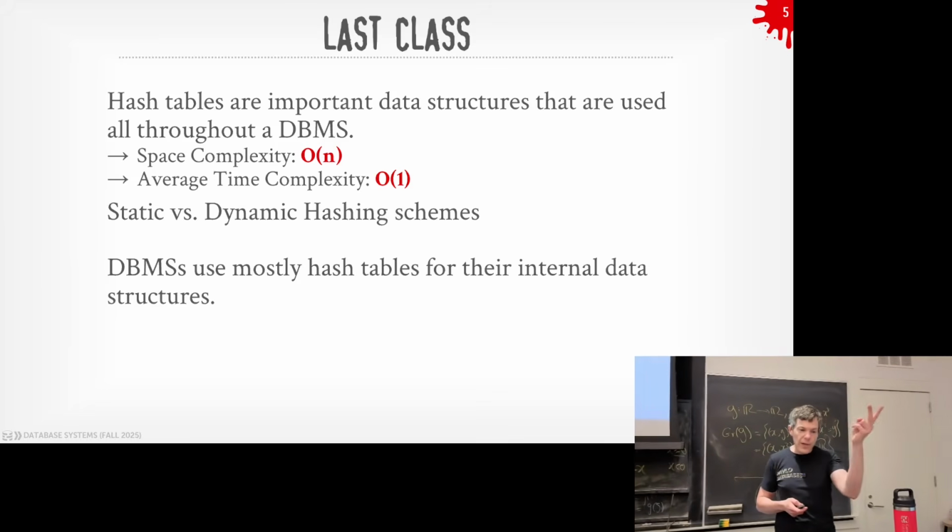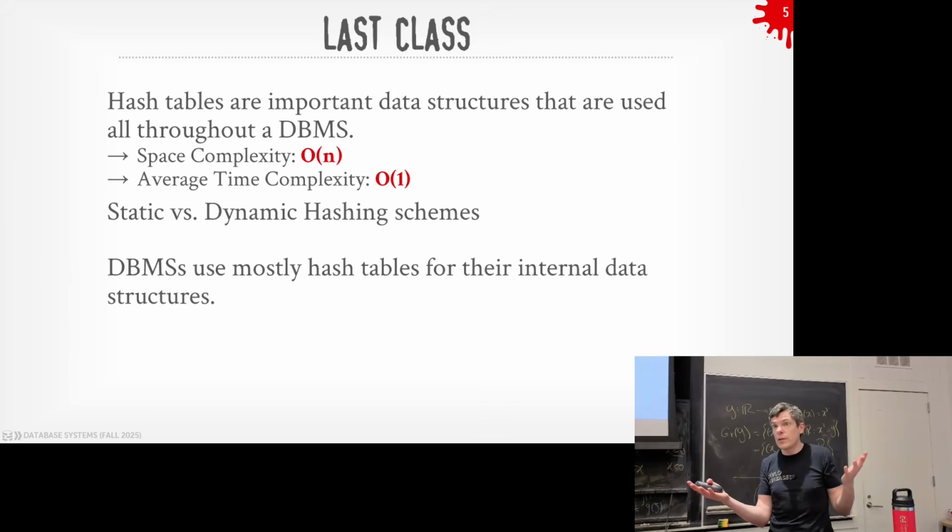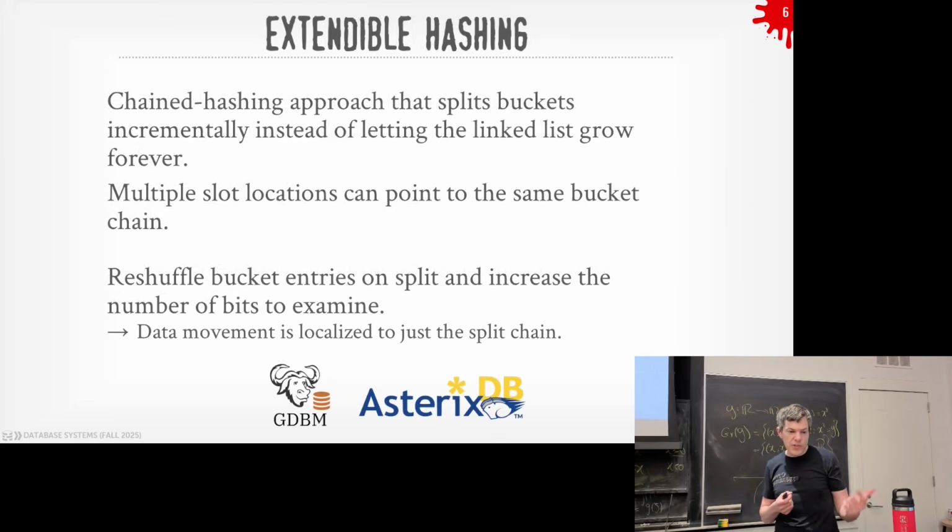Remember last class when we finished off with dynamic hashing, there were essentially 3 schemes. There was chained hashing, where you just keep adding things to a long chain. We said that kind of sucks because in the worst-case scenario you regress to a linear scan, O(n). So we talked about these 2 approaches: extendable hashing and linear hashing. I'm going to quickly go over the example again, and then we didn't get through deletes for linear hashing, so I want to cover that as well.